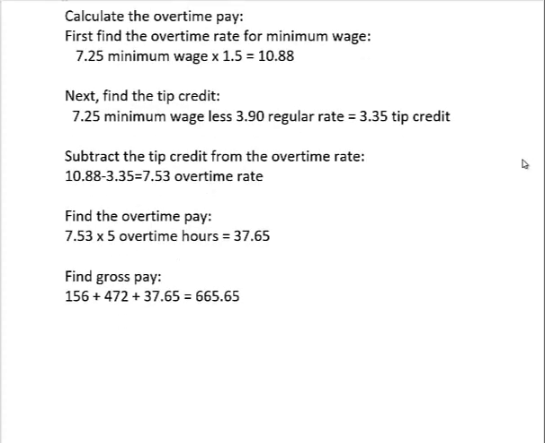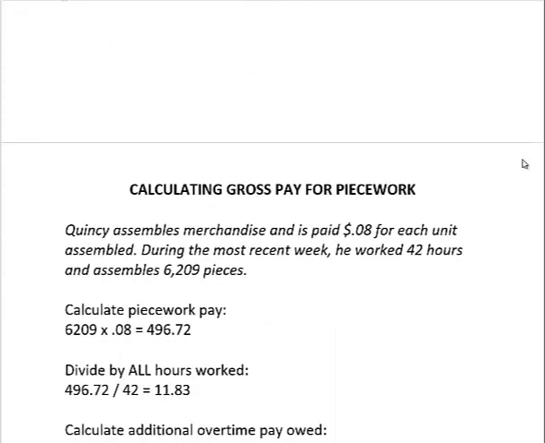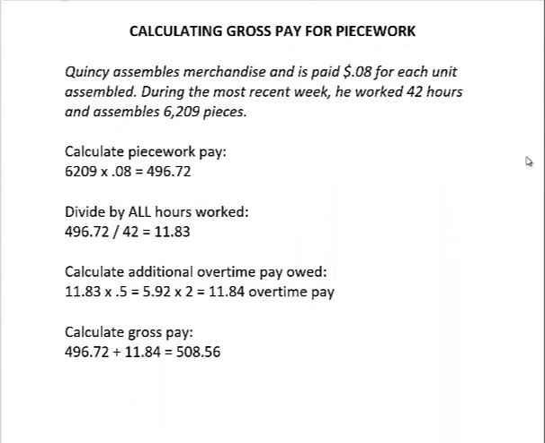Now we'll calculate gross pay for a piecework employee. Quincy assembles merchandise and is paid 8 cents for each unit assembled. During the most recent week, he worked 42 hours and assembled 6,209 pieces. So the first thing we'll do is calculate his piecework pay at his regular rate. So 6,209 pieces times 8 cents gives him